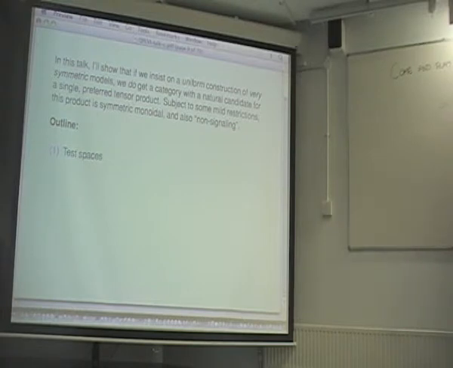So I'm going to quickly start with an overview of the kind of object that I'm going to take as representative of a probabilistic model, something called a test space. Some of you have heard me talk about these before, but others haven't. I'll talk about how you form composites of test spaces in a sense that doesn't specify yet a unique such composite.